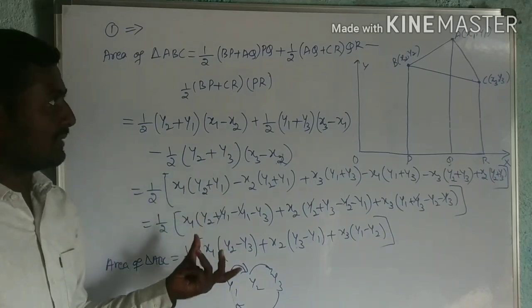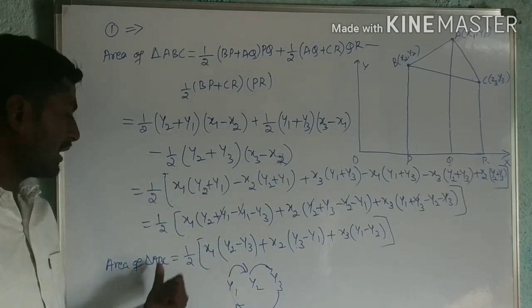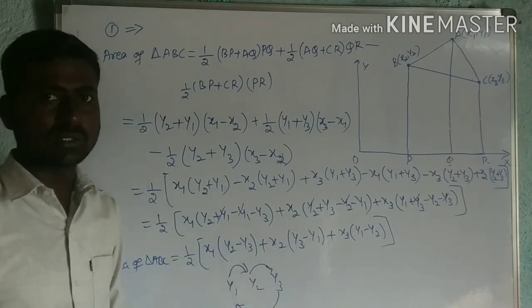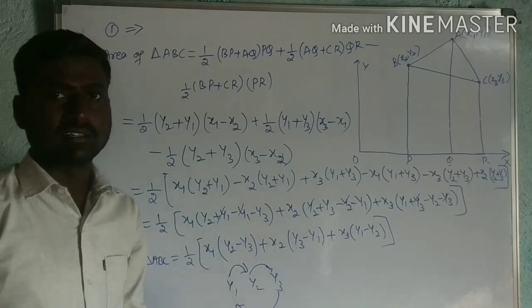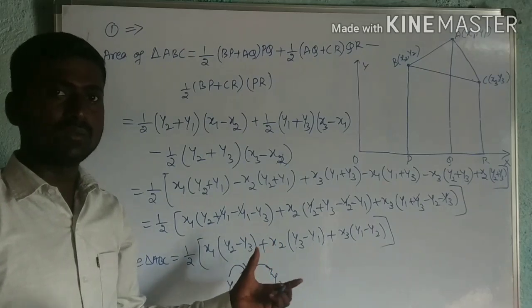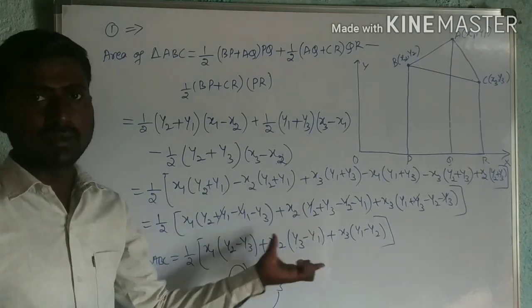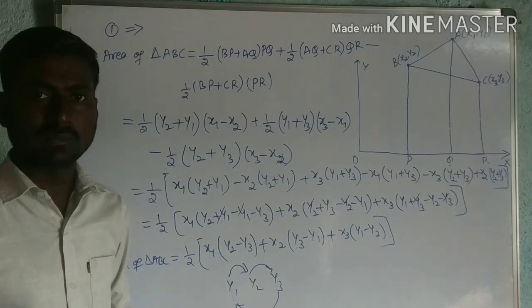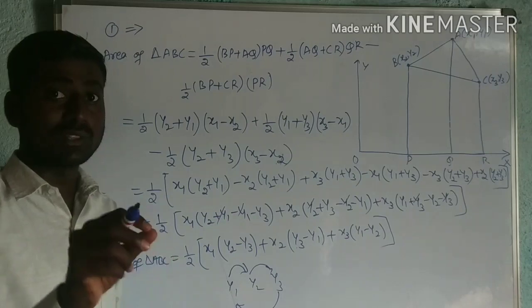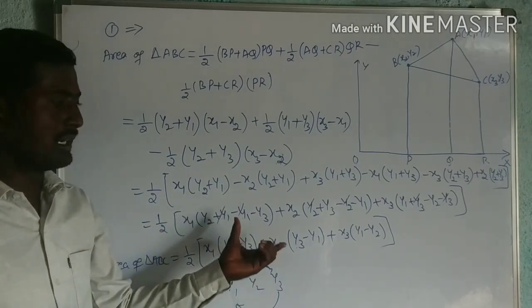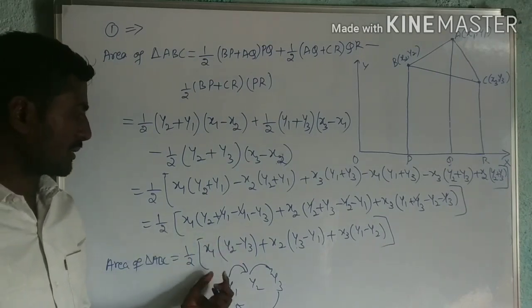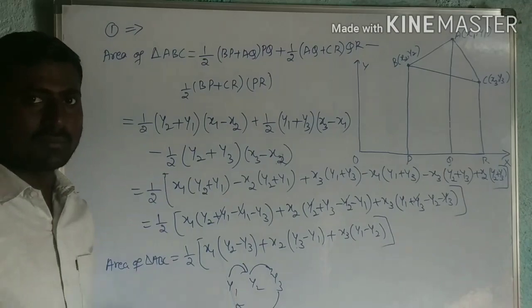Okay. So this is the derivation for the area of the triangle. In most of the examinations, if you see the previous question papers, this question may not be asked, but it is there in the textbook derivation. You should be thorough with this derivation. Of course, they may ask 3-4 marks. If they ask, you should write. Whatever is in the textbook, we have to be thorough with that textbook. Then automatically we won't lose any marks. We have to remember this formula. By using this formula, we solve some examples.